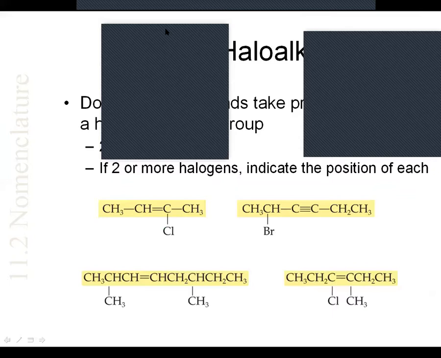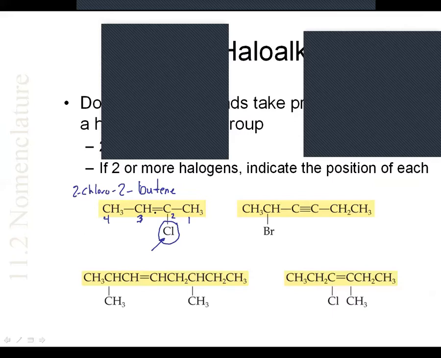Same deal here. For example, we can see we got 4 carbons. This is our longest carbon chain. So 4 carbons with a double bond would be butene. Going left to right gives us 1, 2. Going right to left gives us 1, 2. So it is going to be 2-butene no matter which way you go. But now we would default for this guy and want to number this way, because it doesn't matter for the double bond in this case, but it does matter for the chlorine, and that would give us the 2-chloro